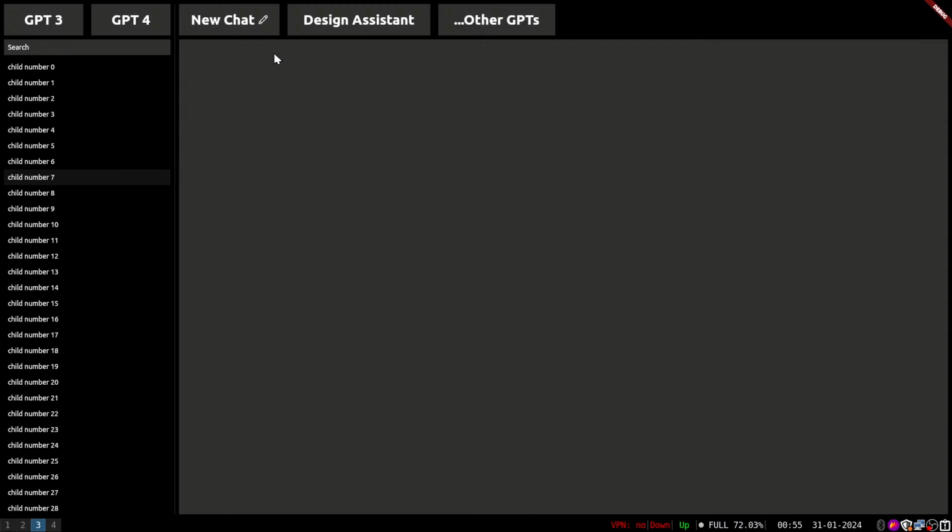Now, for that, we'll figure that one out later. Right now, we're trying to get the UI for this central widget working. So what I am going to do is, for example, if I have GPT-4 selected, it needs to just kind of show like